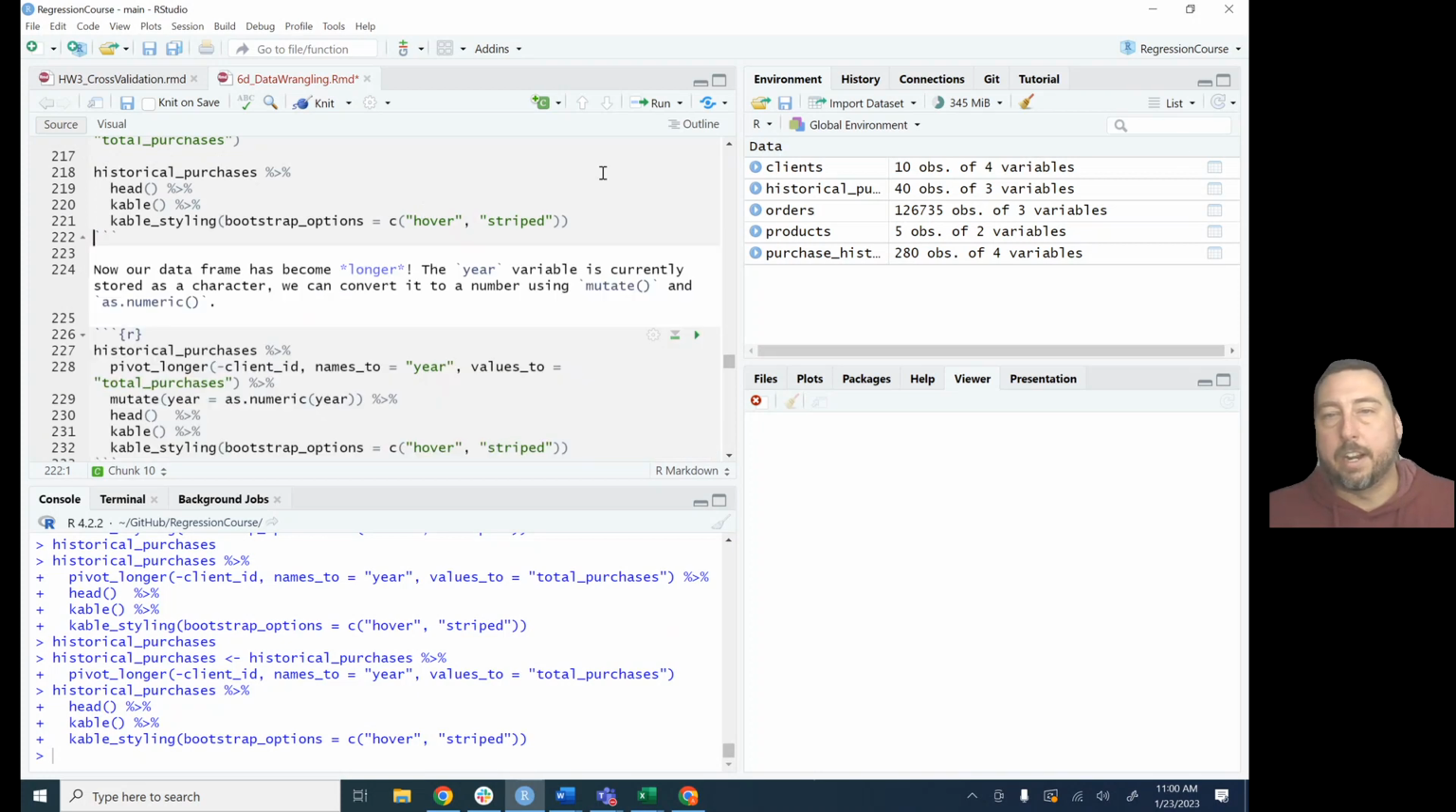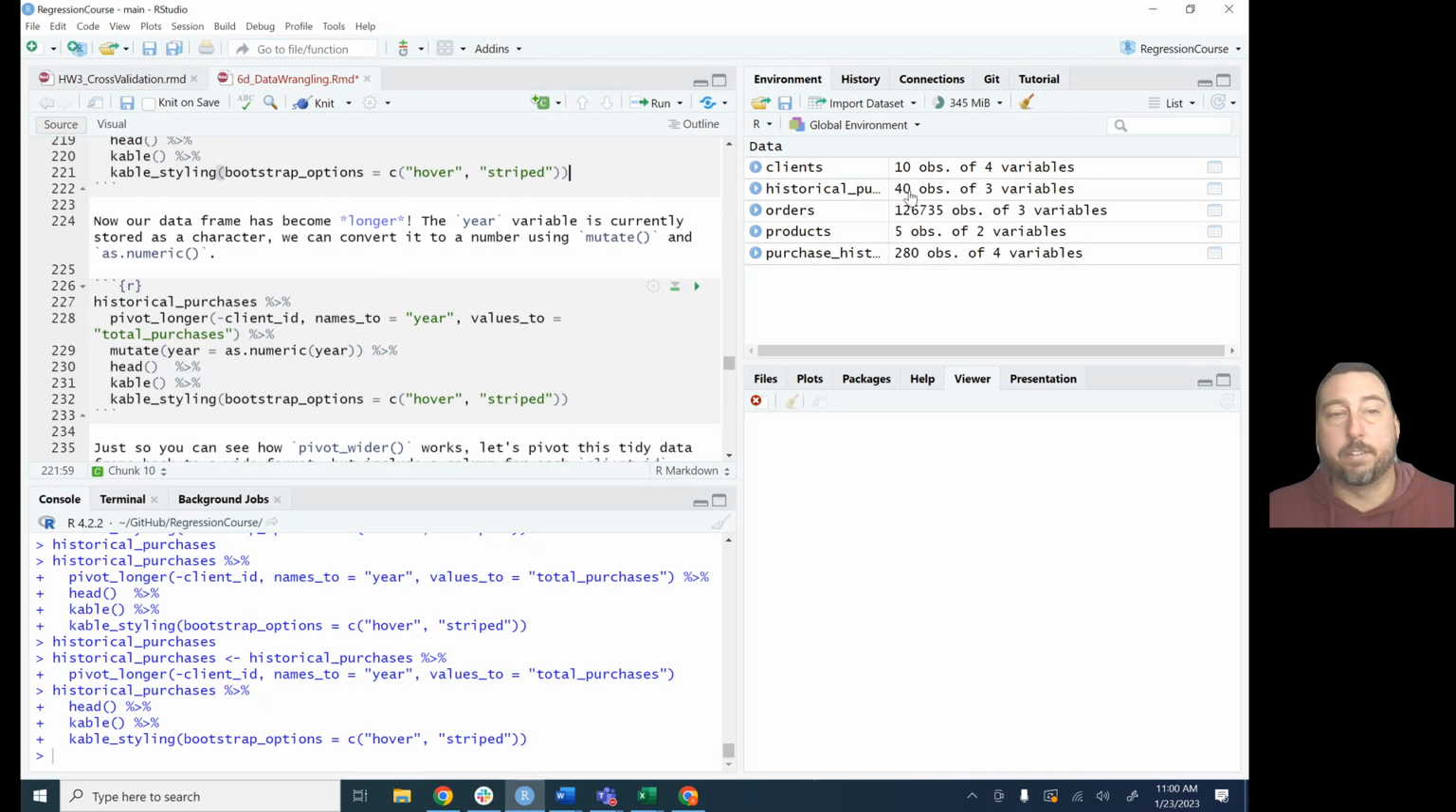So now you see that in historical purchases, there are 40 observations of 3 variables, whereas before there were far fewer observations, probably 10, and there were 5 variables, one for the client ID and then one for each of the years. All right, so our data frame truly has become longer. It has more observations now. Just so that you can see how pivot wider works,